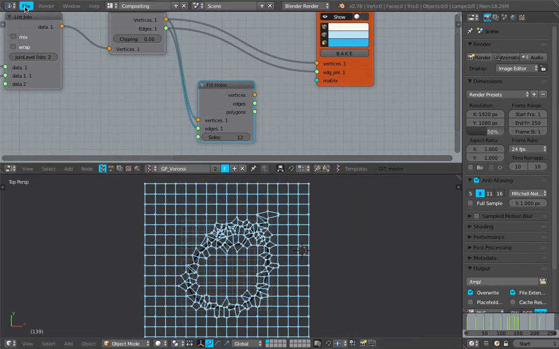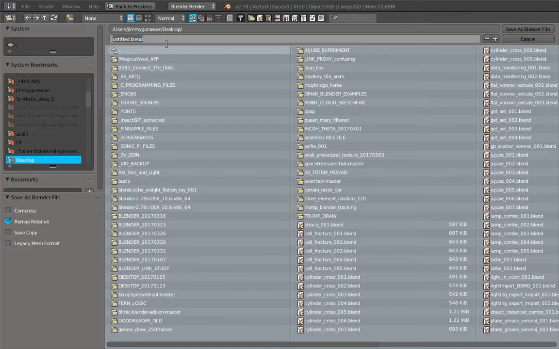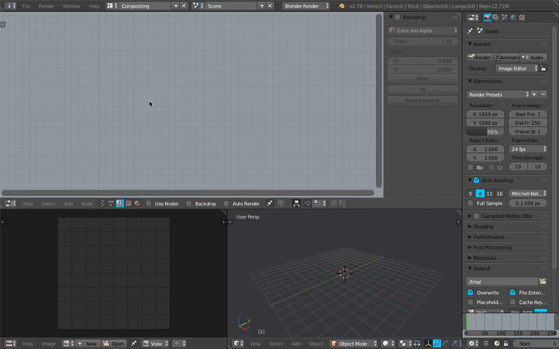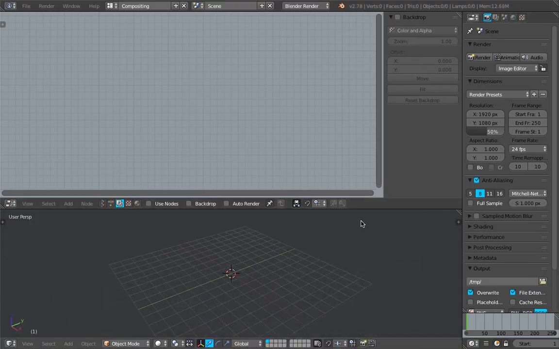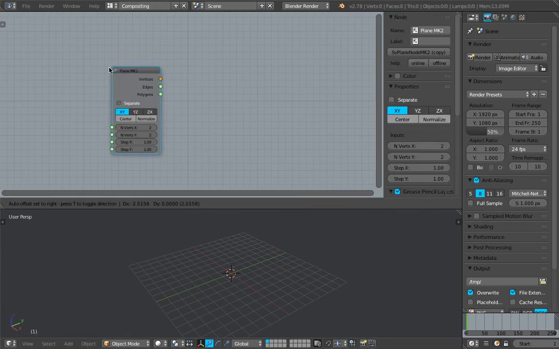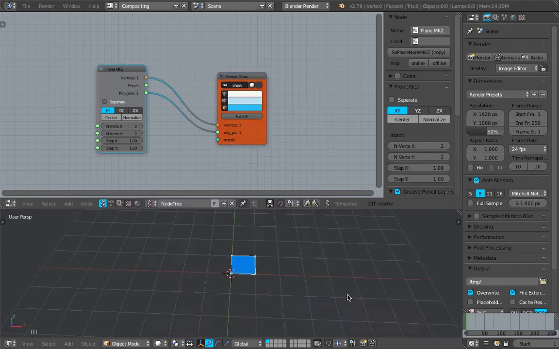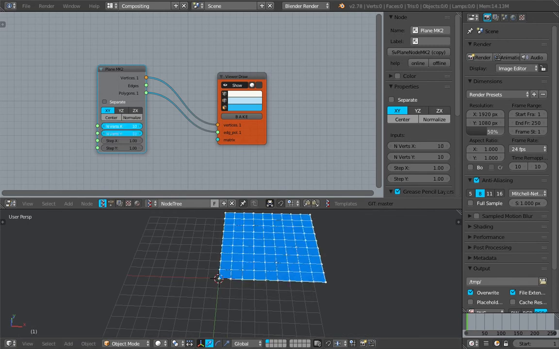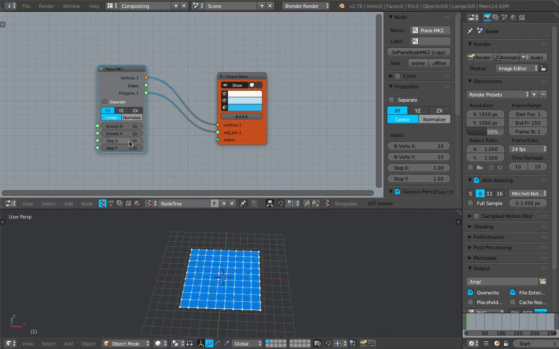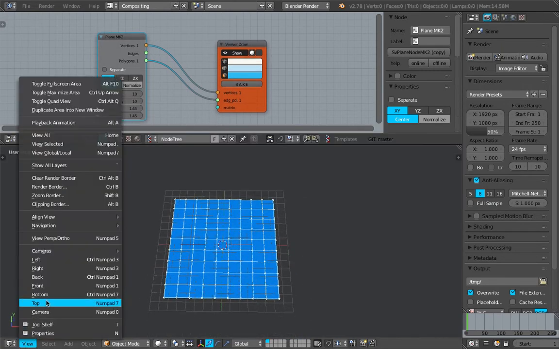Let's try this from scratch. File, save as. So this is a grease pencil Voronoi demo. I will do everything inside Sverchok, so I don't need to have anything in the 3D scene. I'll just jump into Sverchok and use the Plane MK2. Plane MK2 itself will generate a grid. So I will increase the grid size and then center it, scale it, and just leave it like that. Look at it from top view,